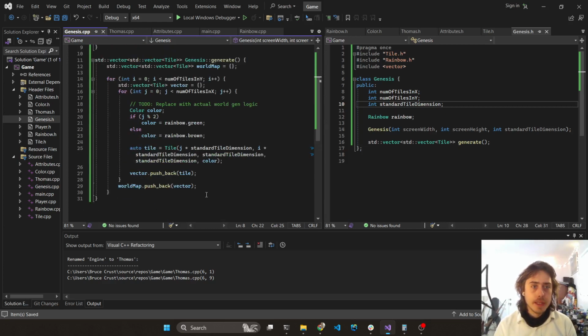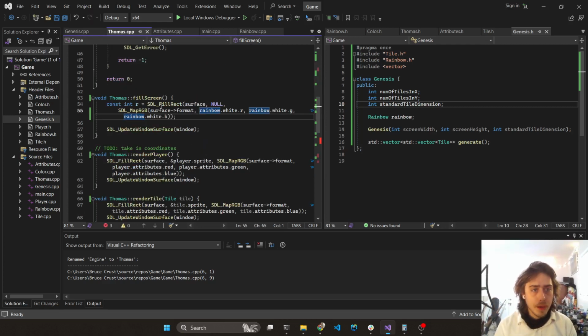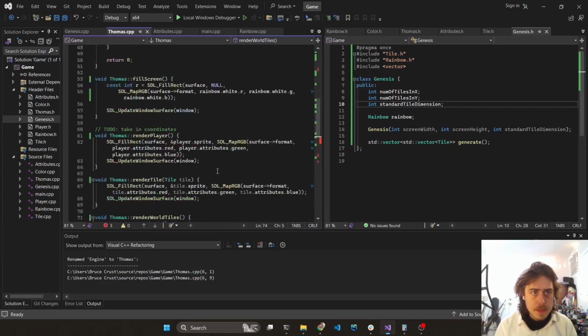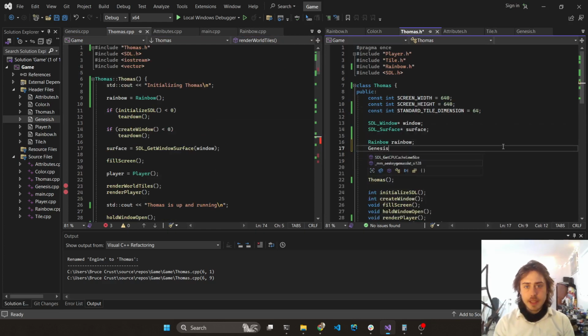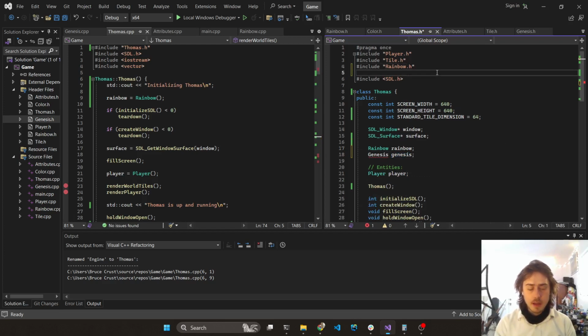So, Genesis has its basic thing going on here. So let's incorporate that back into Thomas, our little tank engine, and see how it goes. All right, so we have fill screen. So we need Genesis and Thomas now. Genesis. Spelled that wrong. Include Genesis